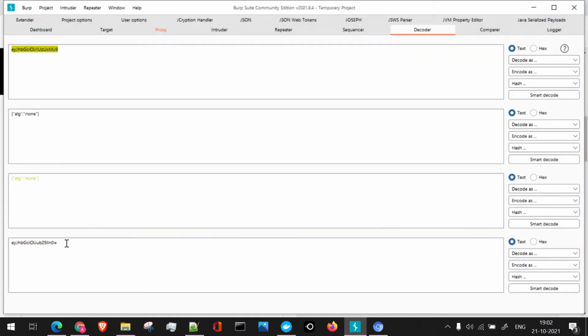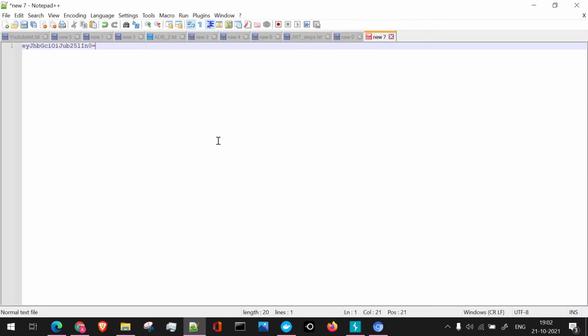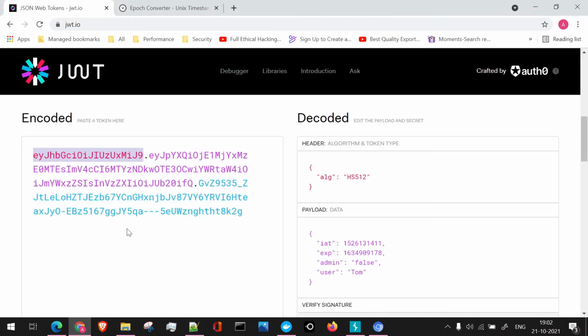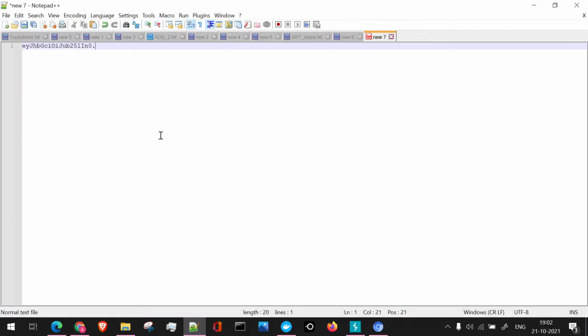Let's copy this token and paste it here. This is our first part of the token. I'll delete the equal to sign and add the full stop which is required. Again, we will pick the token which we have manipulated for the expiry, and add it here.